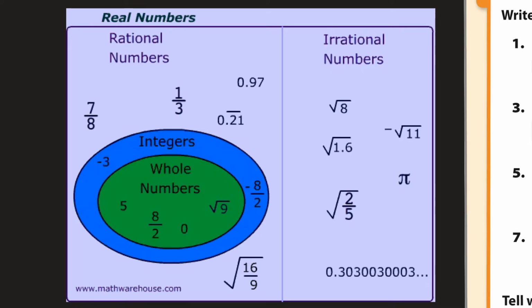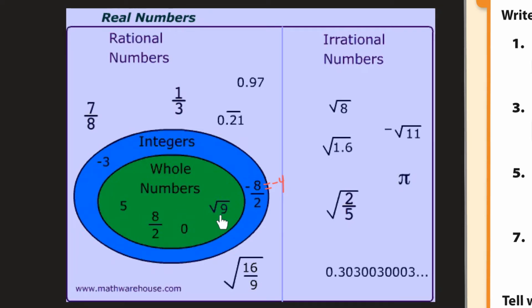So, like -3 is an integer, and 2 is an integer. -8/2 is too, because that could be -4. Also, 0 is an integer, but I'm going to erase that because now I can even go into how integers are made up of the negative whole numbers and the positive whole numbers, like